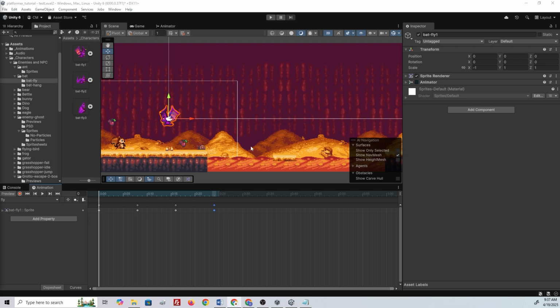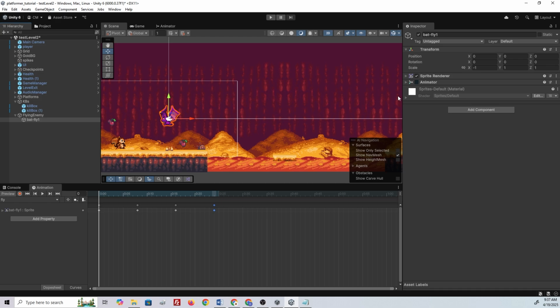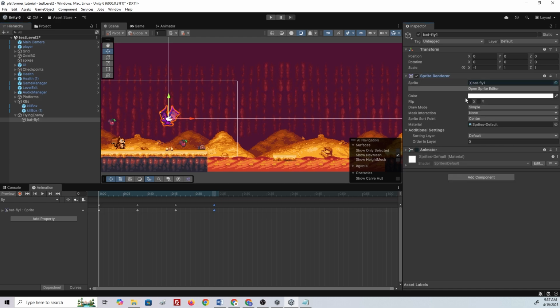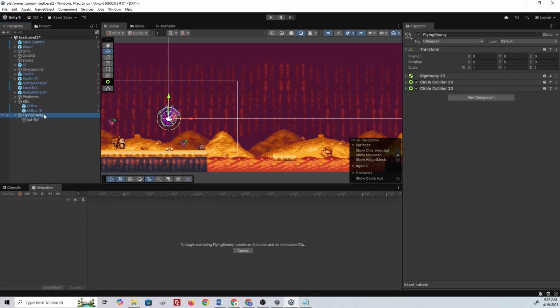what else do we need to do? I guess we should go ahead and, let's go to our hierarchy. The bat is already showing, but if you have issues where he doesn't, make sure that you change your sorting layer to enemy, and then for our flying enemy we need to change the tag to enemy. Where is it? There it is. All right,